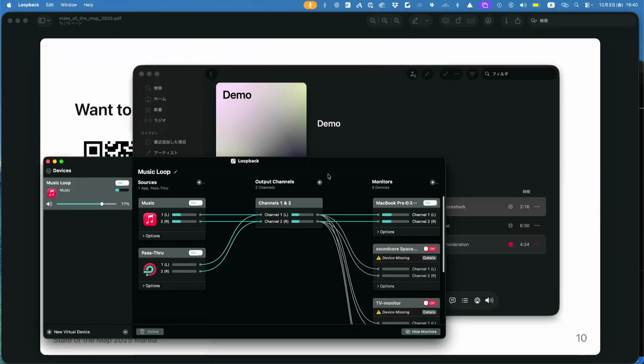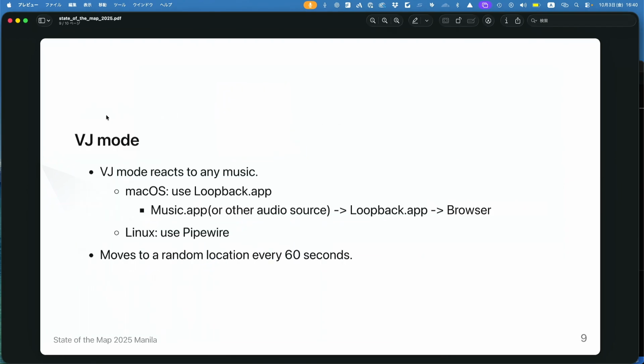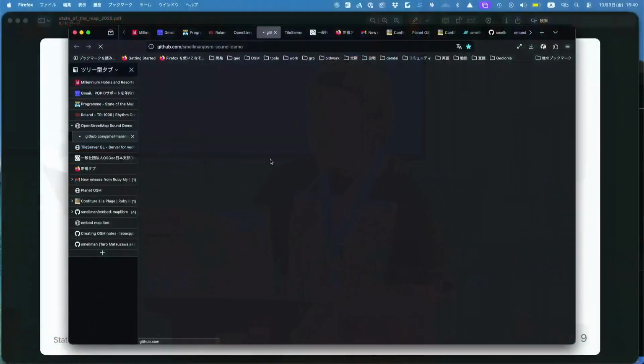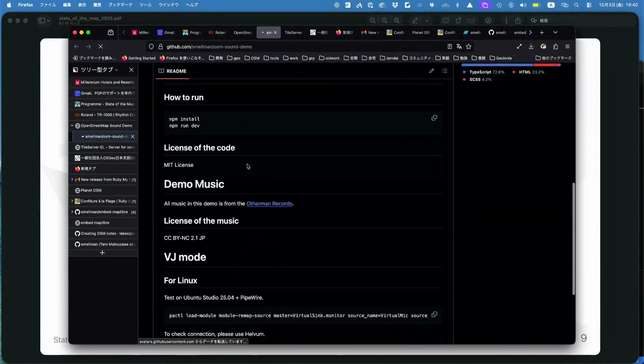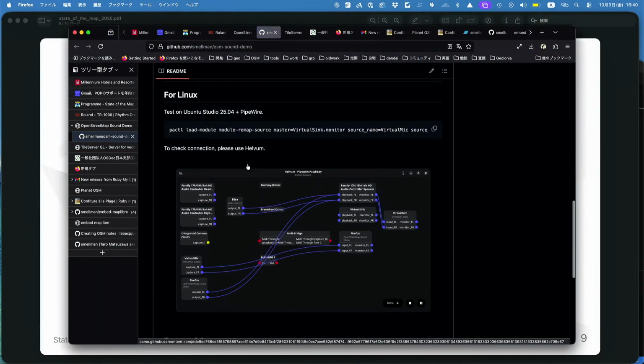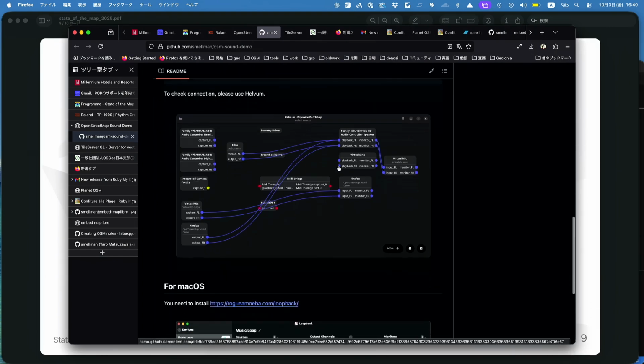You can use PipeWire in Linux. And on this site's about page, the source code page, I wrote about how to do it in Linux, but I don't care about Windows.